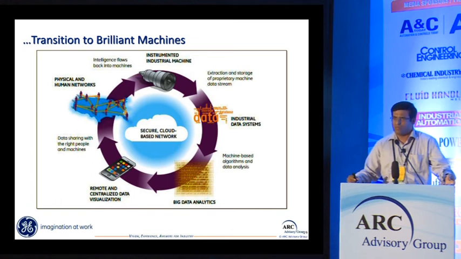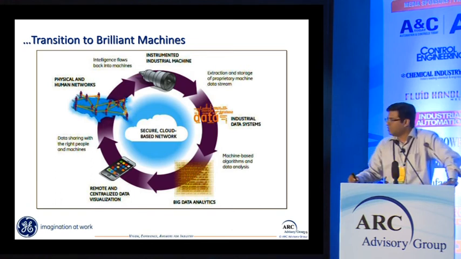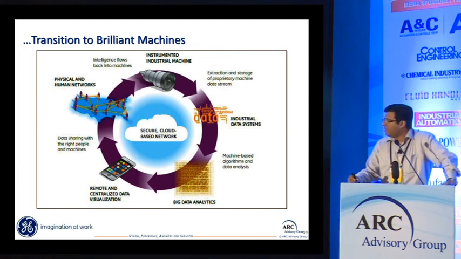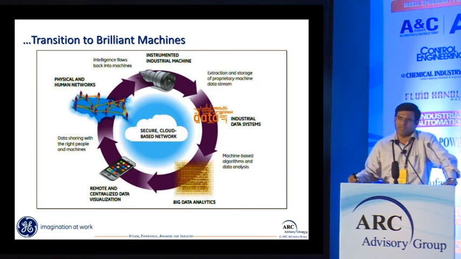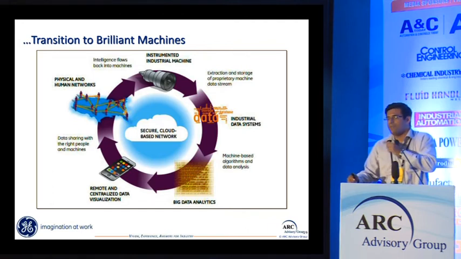That's true. So just if you close the loop from a machine, all the data stream gets into analytics, then you get into mobility, and finally that goes back to the machine, transforming that into a brilliant machine, which has the intelligence to say, hey gentlemen and ladies, you got to help me out. If you don't take this action, I may get tripped. So this is where the concept of big data analytics along with predictive comes in.